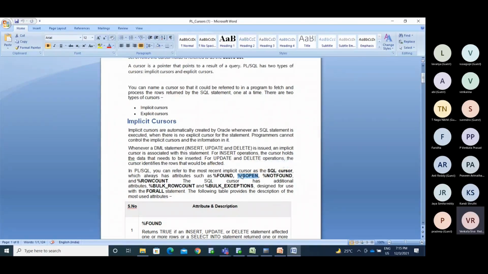You cannot check whether an implicit cursor is in open or closed mode, so it is always false. In an explicit cursor, if the cursor is in the loop, you can use is open. You need to explicitly close the cursor name, and prior to that it will give true.